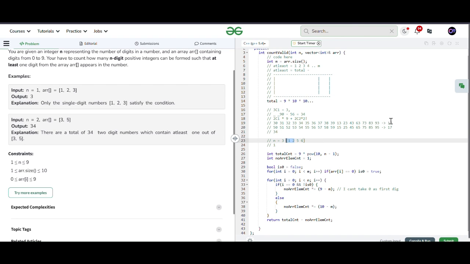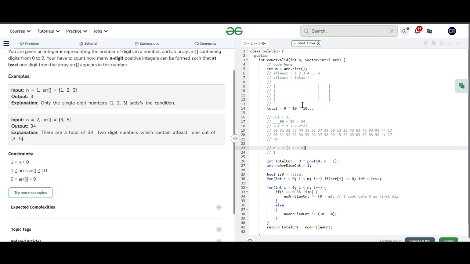If you observe, for only two digits I found two overlapping answers, right? And if we try to generate for three digits, there will be a lot of overlapping numbers, which would be very difficult to point out, and that will generate a lot of wrong answers, right? So I should better follow another way, which is a bit tricky. Let's discuss that approach. Basically, if I'm talking about at least, that means I can take 1, 2, 3, 4, up to m, right?